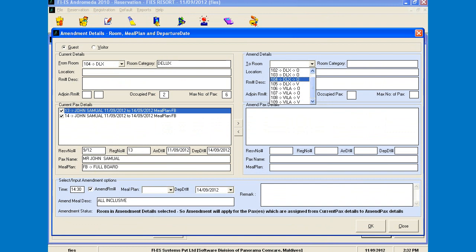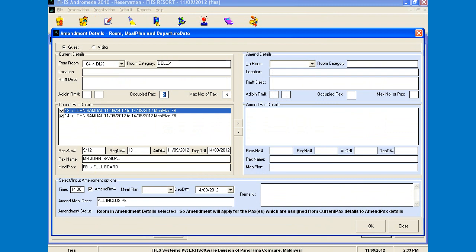Occupied rooms are also listed here because we also have a facility to change a pax to an already occupied room if the maximum number of pax of that room is not reached. Like see here, the maximum number of pax is 6 and occupied pax is just 2, so another 4 can be accommodated here.